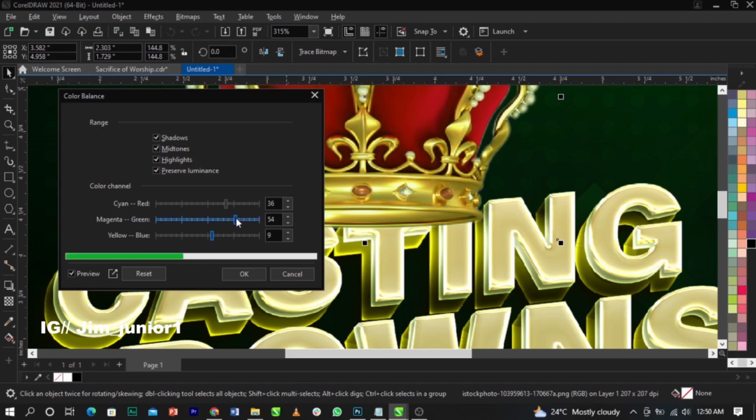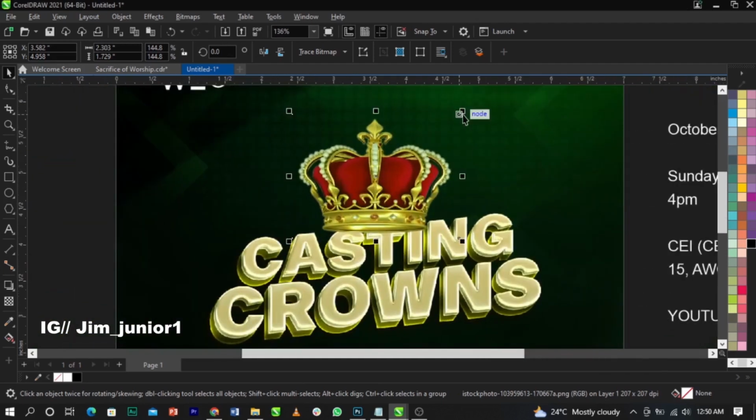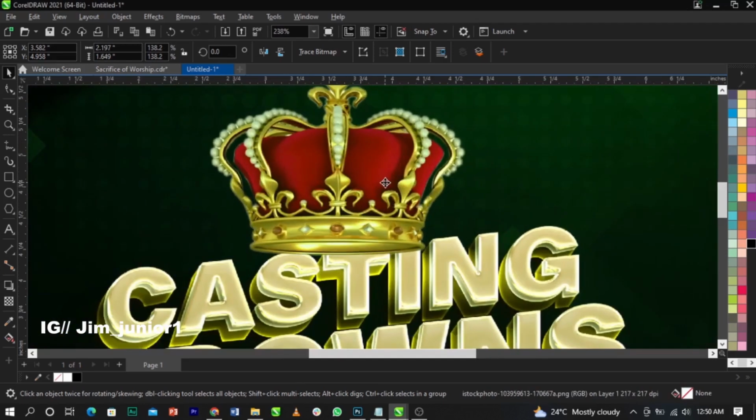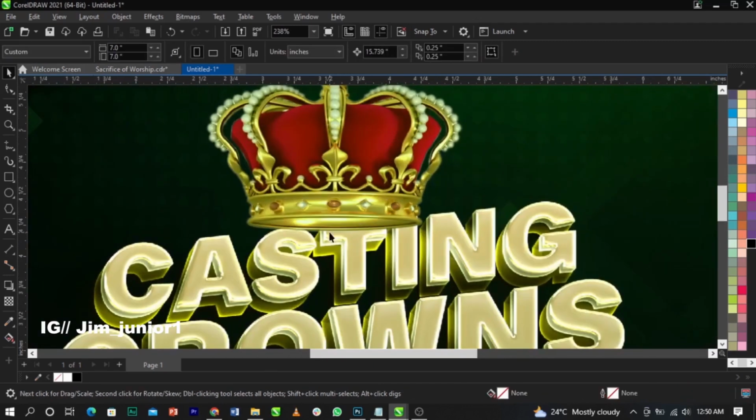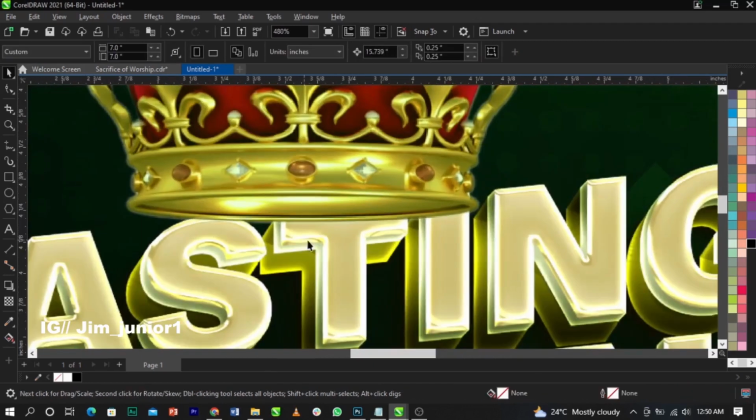So that is just basically what we're gonna have, guys. Okay, let's click on okay, and that is it, guys. So we have that unique color blend, and that is cool. So we're gonna apply a shadow to this because it's sitting on top of this. So we're gonna just select our